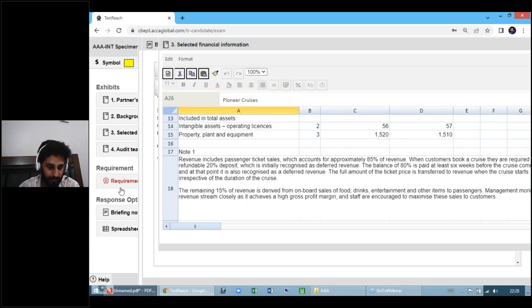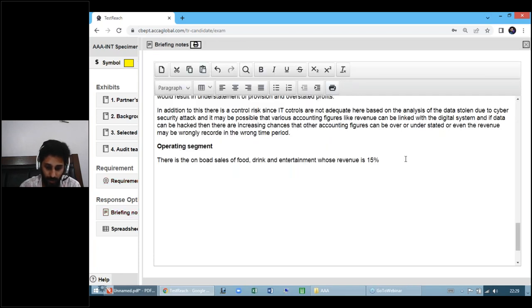And this falls under the scope of IFRS 8. It's an IFRS 8 operating segment. This is the operating segment under IFRS 8,